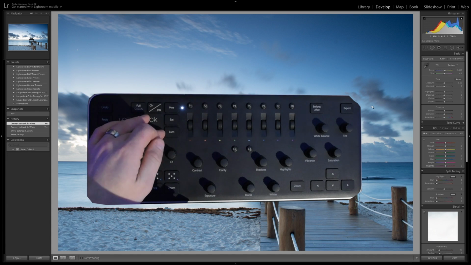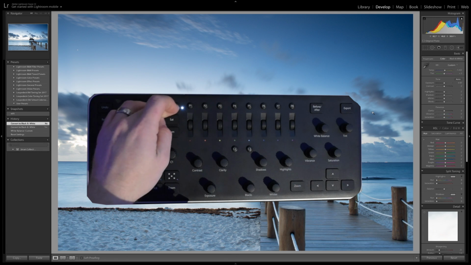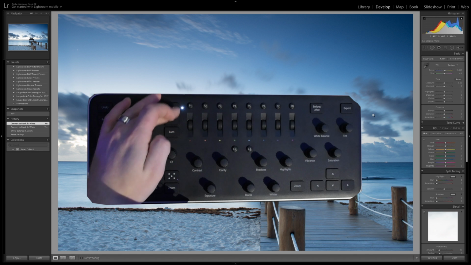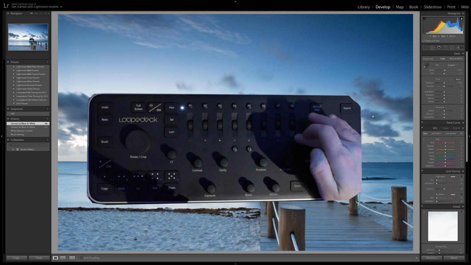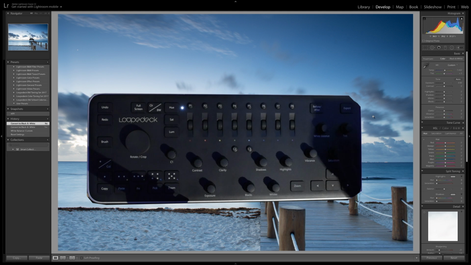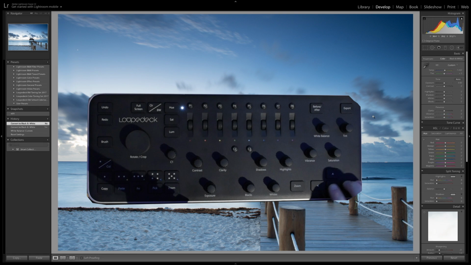You've got your HSL buttons, which change between hue, saturation and luminance, which you've got a little LED light to show you which mode you're in, and then you've got all your colour wheels here to adjust whichever mode you're in. Before and after, which puts you into a side-by-side view of your before and after edits. Export button, which again, depending on what you've got it set to, will export to your custom settings. Your main colour adjustments, so white balance, tint, vibrance and saturation. Arrow keys for